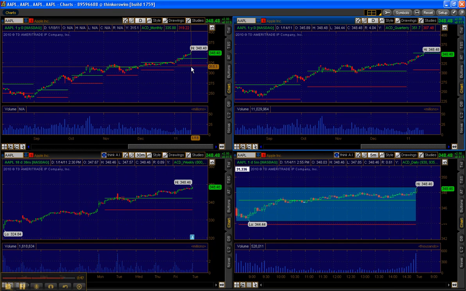Those are key areas to watch tomorrow for Apple Computer, and also the weekly levels, which I will publish tomorrow night for you. The weekly levels shown are the old ones from last week. They're generated every Monday. This will be the level that we want to watch, and I will publish that for you tomorrow night, and we'll do another